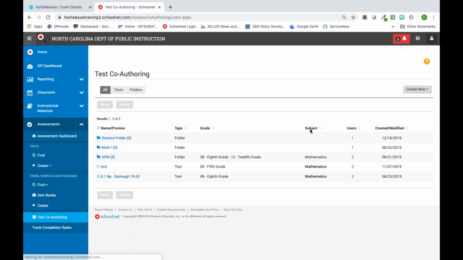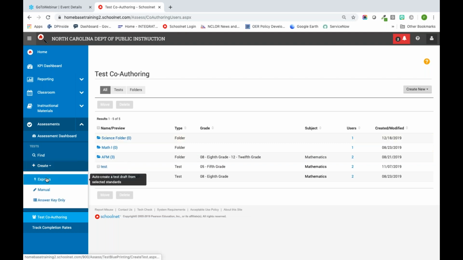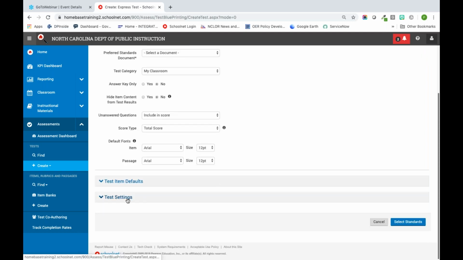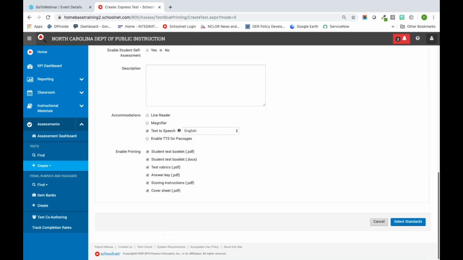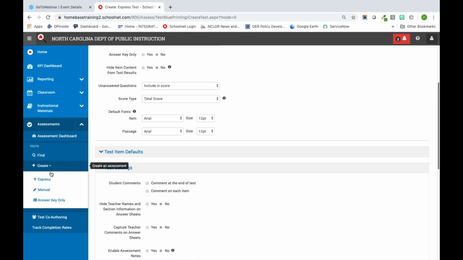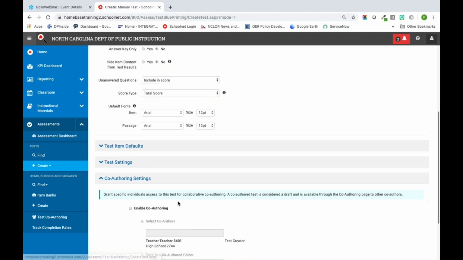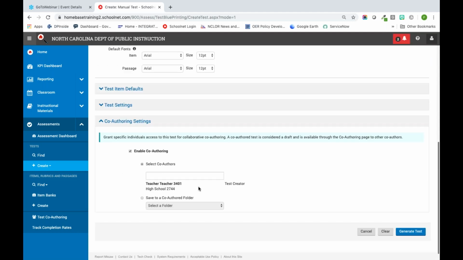And then when I click on save, when I create a new test, I can actually go ahead and put it in that co-authoring folder. So if we go down under co-authoring, I can now enable co-authoring for my test, and I can save it to a folder, and there's that science folder I just made. So now all of my colleagues will automatically have access to this test because I'm saving it right to my